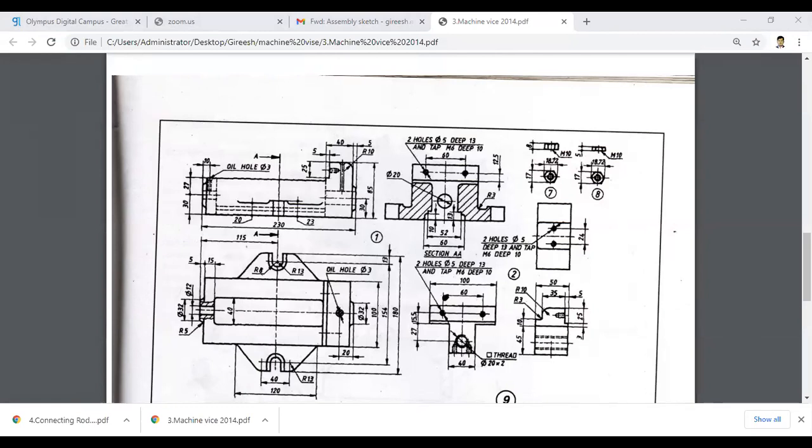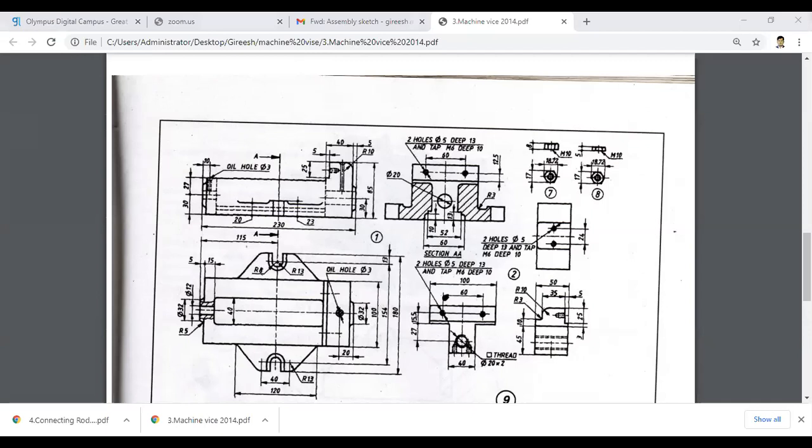Then we'll see what I have to do next. So next you have to do this protrusion. This is on the right side at a 30 mm distance. At 30 mm distance, you draw the profile. This is 32 mm diameter. Draw a 32 mm diameter circle and protrude up to 5 mm. Here again, it is also 32 mm, protruded up to 5 mm. So you can do that.